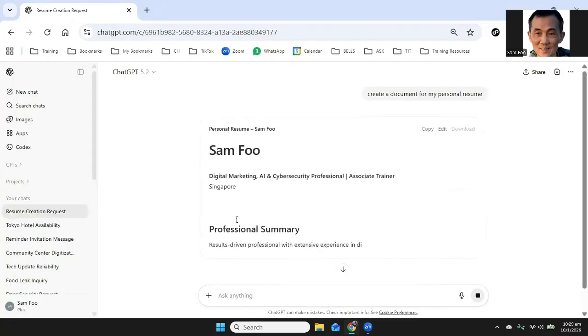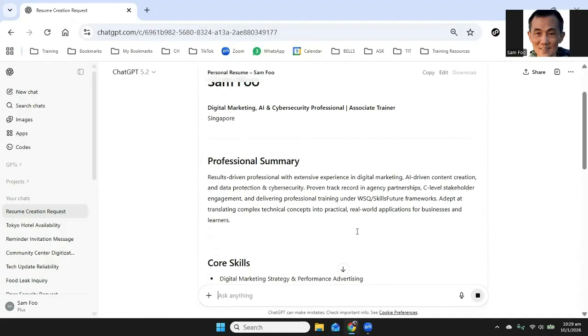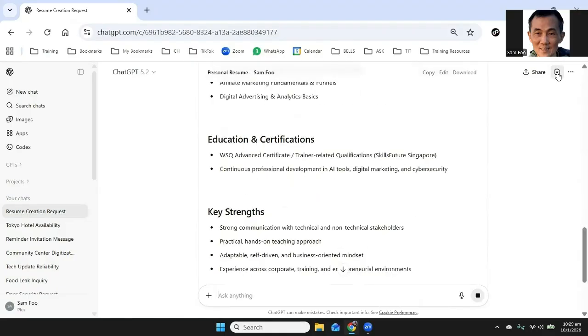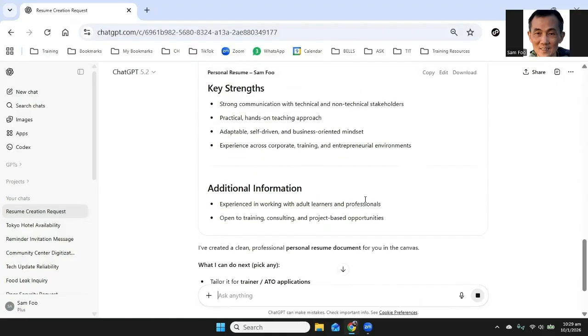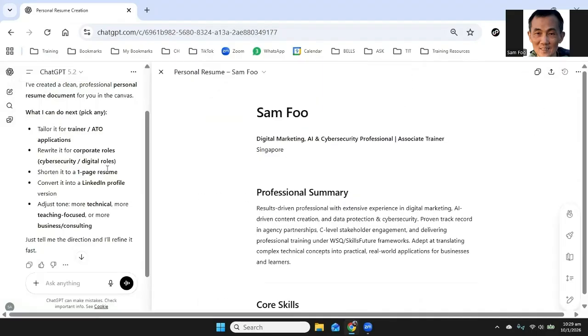Enter. So this will open up the document. You can see on the top right here, I can click on this Open Canvas. When I click this, it opens up